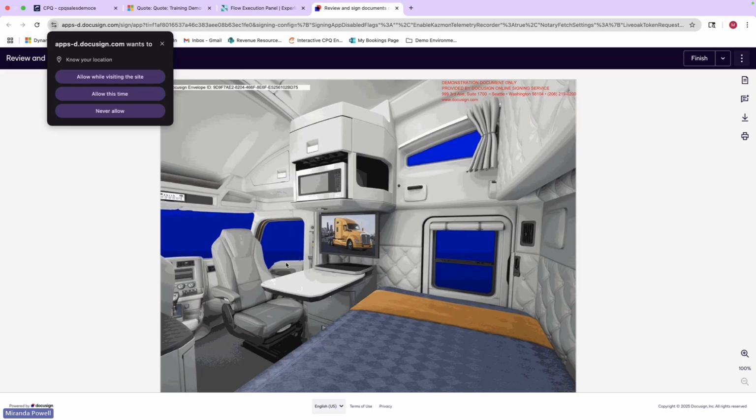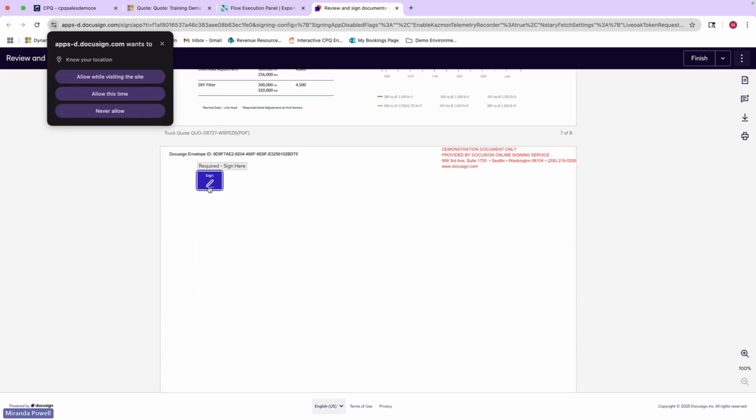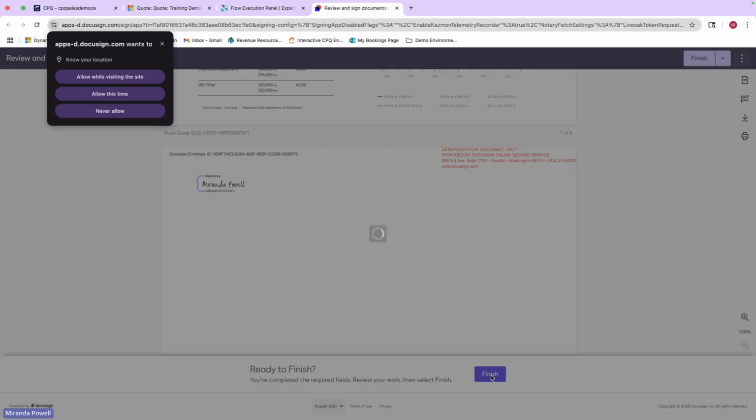So that's pulling in dynamic imagery based on the fact that we selected the sleeper cabin, so that it appears in the quote, so on and so forth. And then right here, I am able to go in, adopt, and sign. If I hit finish